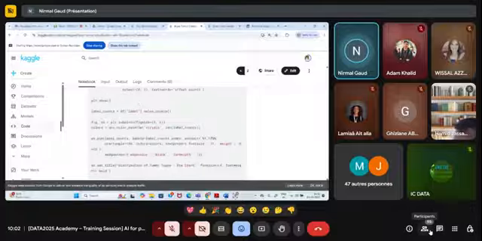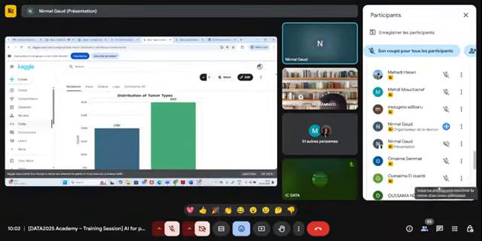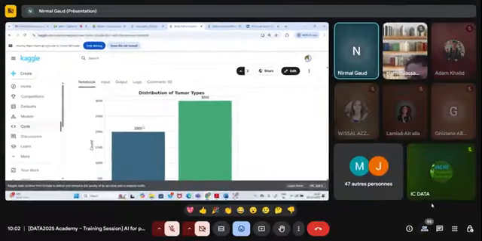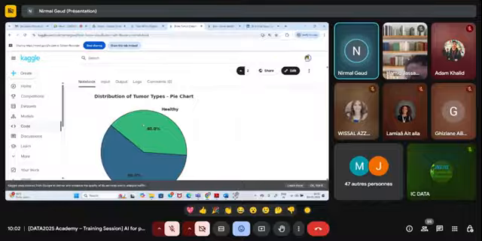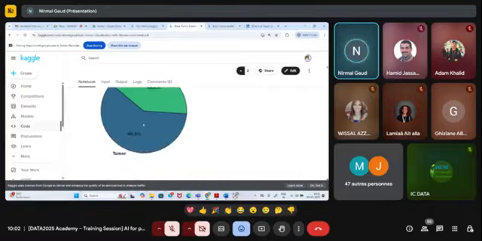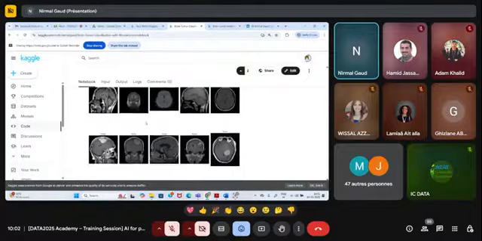In the next code, I did some visualization. I made a count plot showing 3,000 tumor and 2,000 healthy. I made a pie plot also. These basic plots you have to put in your research paper, saying we are taking this data set from this repository and it comprises these images, and this is the number of images in the data set. Then I display 5 images from each category: these are 5 healthy images, these are 5 tumor images.